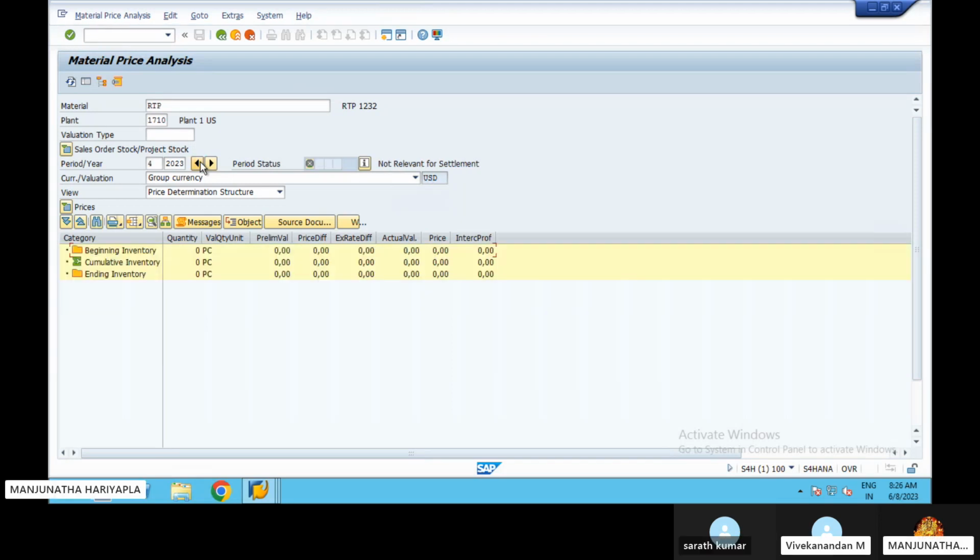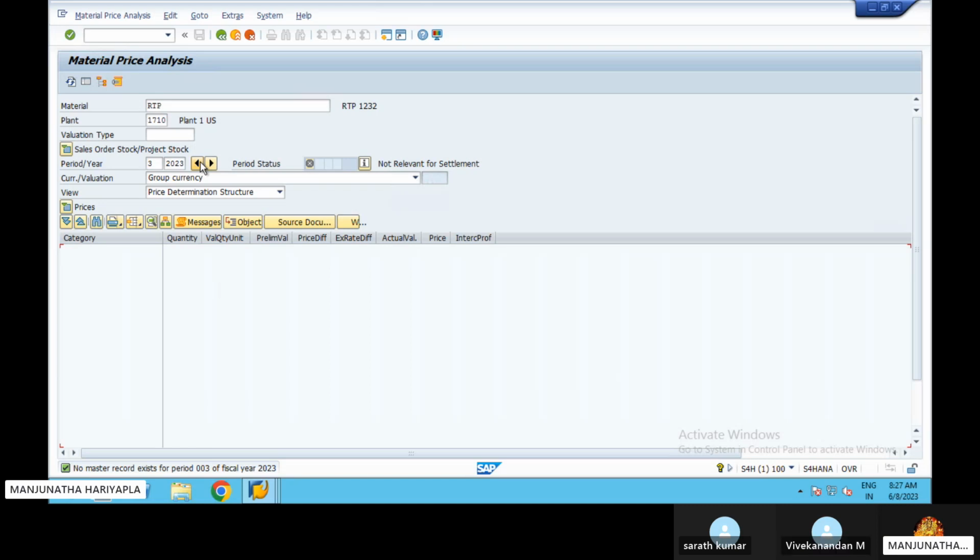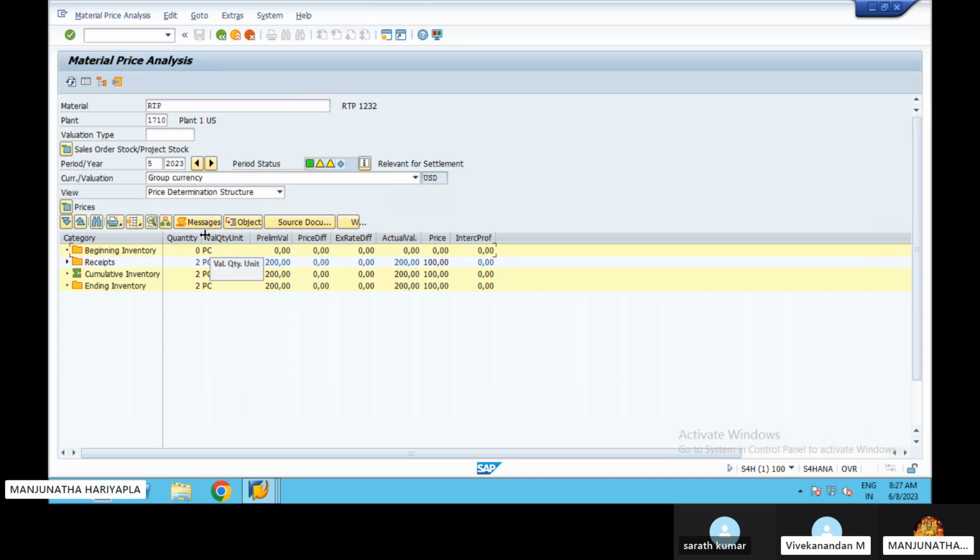You can go back. See, if you go back, there is no master record. So in 2023 for the RTP material, if you go for the next, for 4, it will show these transactions. Now in the 5th month, there are two quantities. If you go for 4, there are no quantities. If you have any doubts about the 2023 month 4, how many materials, how many